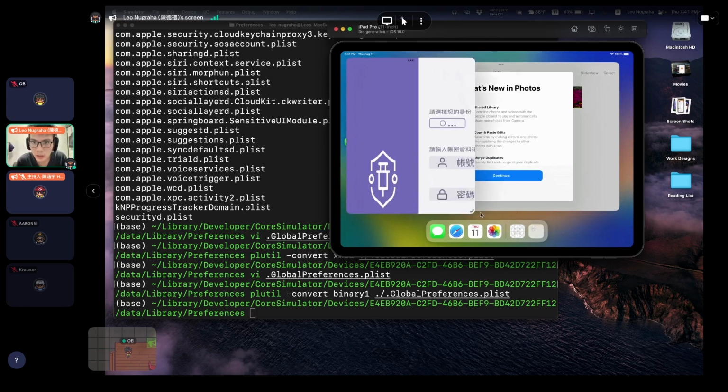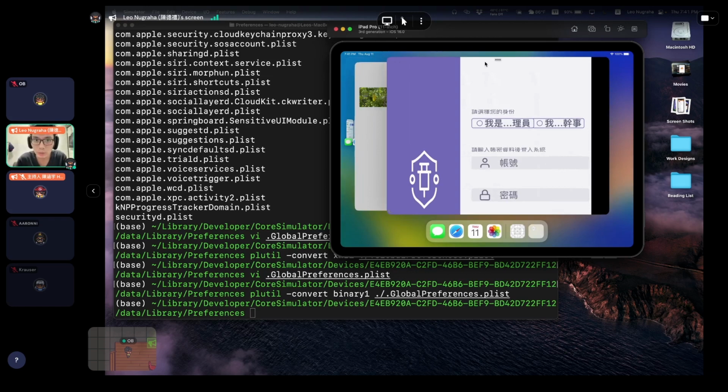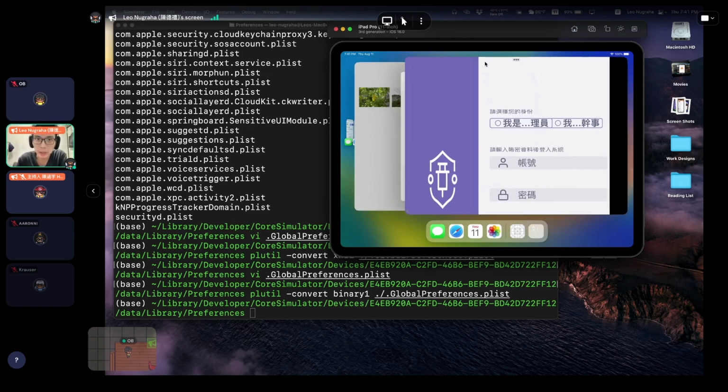Okay, that's how the demo looks using Stage Manager. Keep in mind that so far only three iPads support Stage Manager: the iPad Pro 12.9, the iPad Pro 11, and finally the iPad Air. In this case, by using the command line interface, we developers can finally simulate Stage Manager and